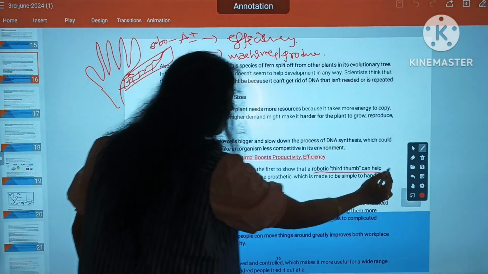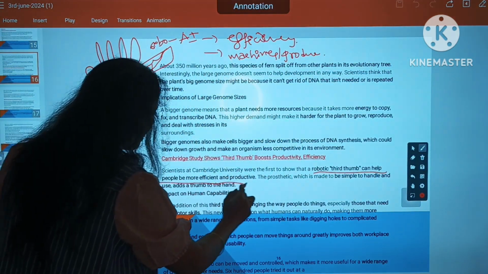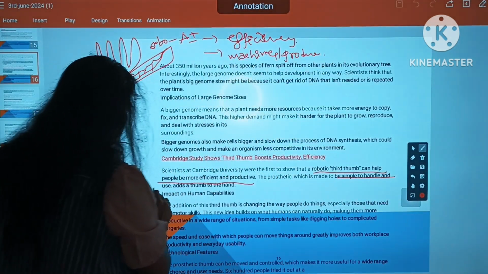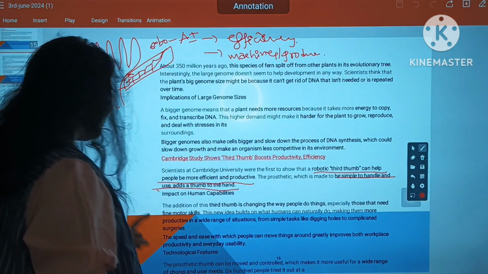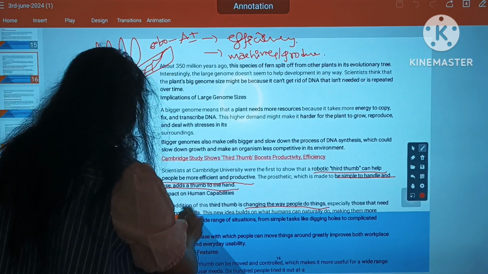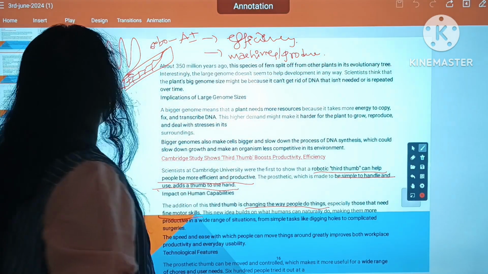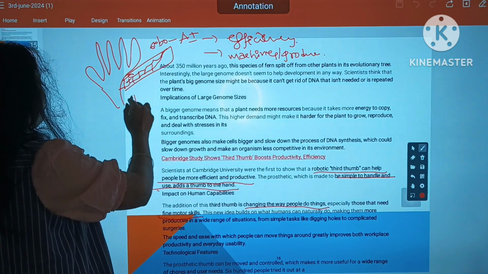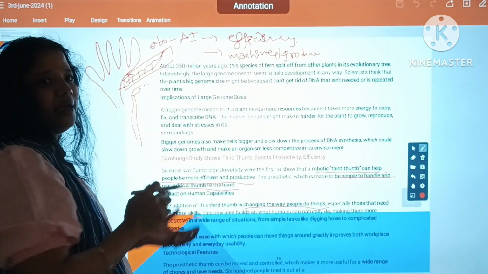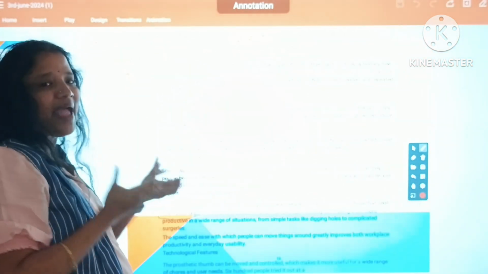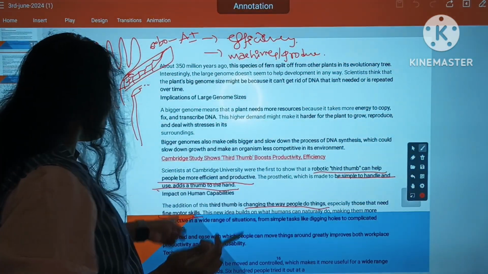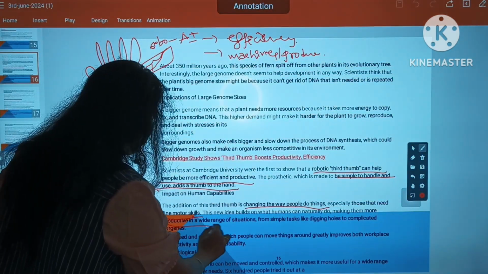Okay, the robotic third thumb makes people more efficient and productive, and it is simple to handle and use and adds a thumb to the hand. Third thumb is changing the way people do things, those that need fine motor skills. Motor skills means we have our motor organ, right? Motor organ is connected to our hand. It will work with the sensory organ. Then only we are able to catch anything. We are able to catch the football. So the third thumb will increase the motor skills of a person, making him productive in a wide range of situations,